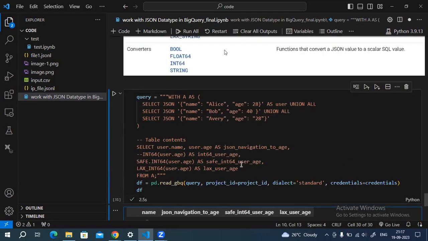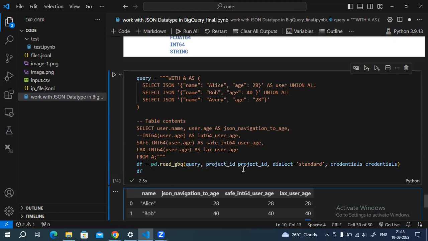Okay, so these are some of the functions which we can use along with the JSON data type in BigQuery. That's all I had for